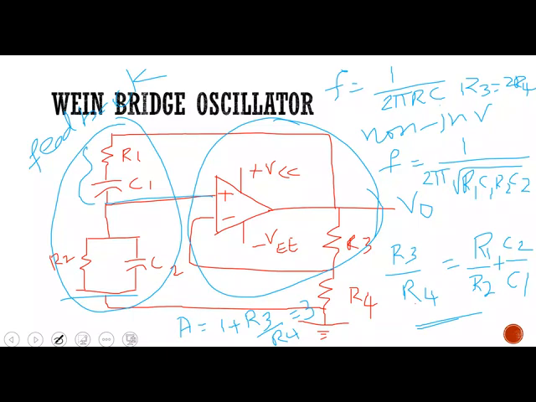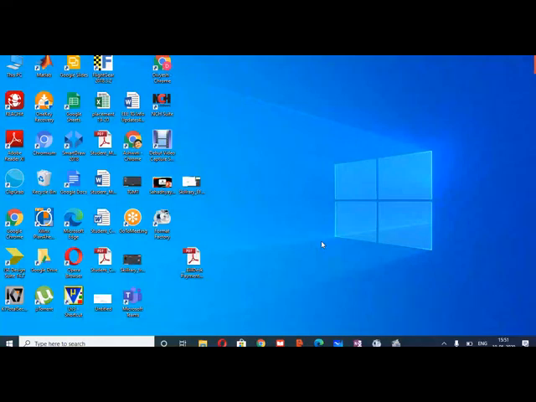And the amplitude stabilization circuit for the Wien bridge oscillator can be designed in the same way as we have done it for an RC phase shift oscillator. So instead of using a resistor R3, we can split it into two, which is R5 and R6, and we connect a diode, because our amplitude will change, the voltage gain will change whenever R3 is going to vary. That is how we can design an amplitude stabilization circuit for the Wien bridge oscillator.